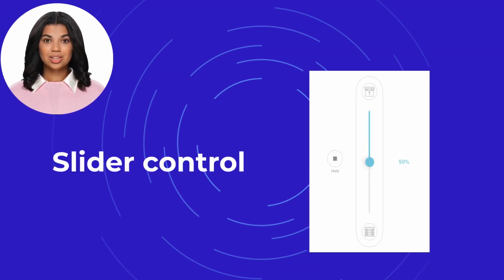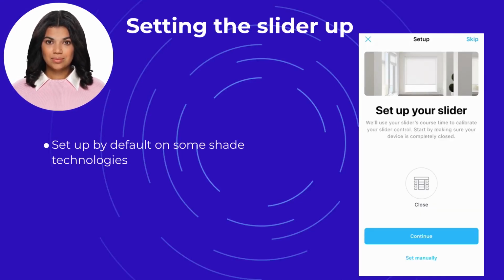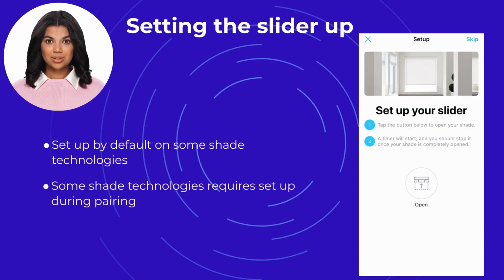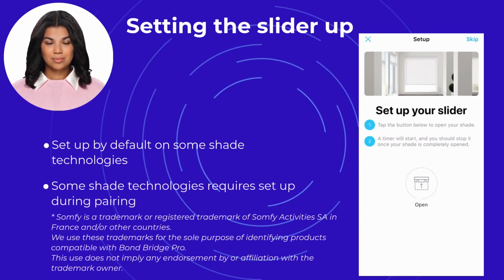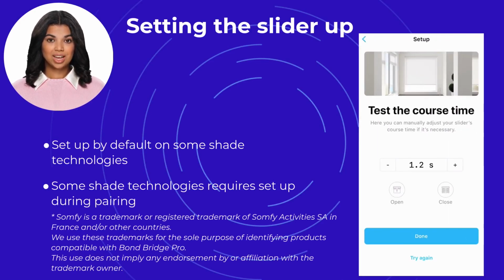The shade slider allows control of the selected shade devices by discrete movement through the Bond Home application using the slider control, and integrations like Alexa and Google with both slider and voice control. The slider is set up by default on some of the shade technologies supported by Bond. On some shade technologies like SOMFY, you can set up the slider and calibrate it during or after the pairing